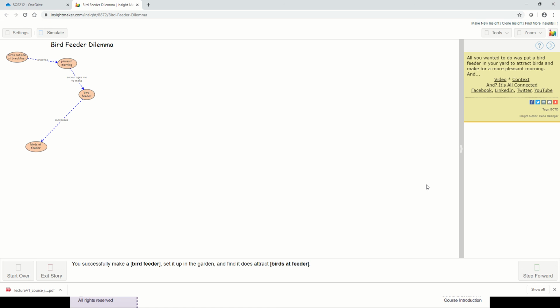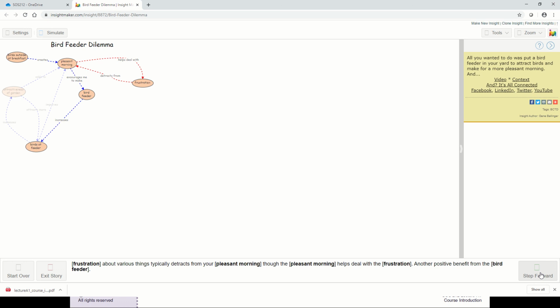So you can't read this. Birds outside at breakfast create a pleasant morning. A pleasant morning encourages me to make a bird feeder, and that bird feeder increases the number of birds at the feeder, which hopefully then increases how satisfied I am. So that improves my morning. But the downside of a bird feeder is that it also increases the attractiveness of the garden, which adds to that. But the downside of having a bird feeder is